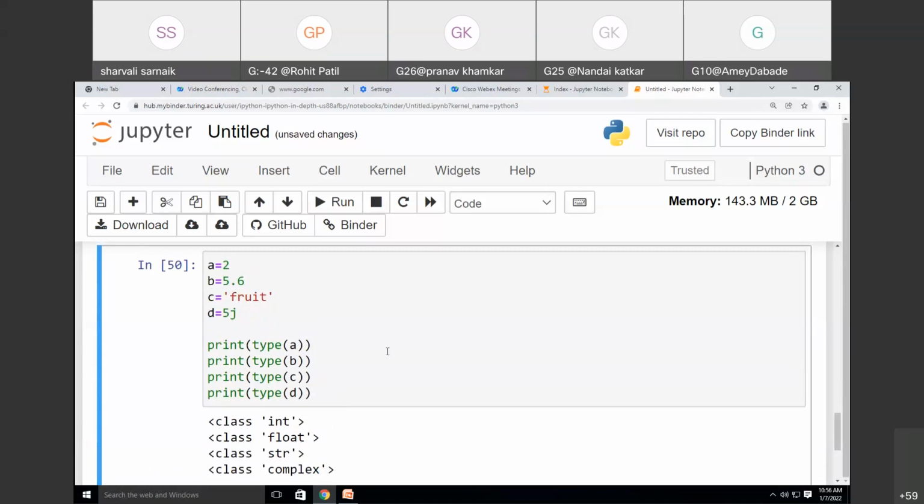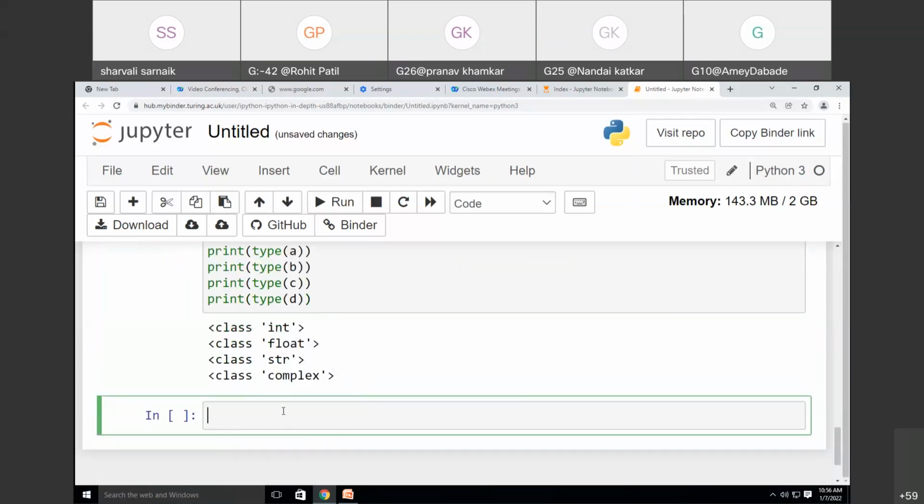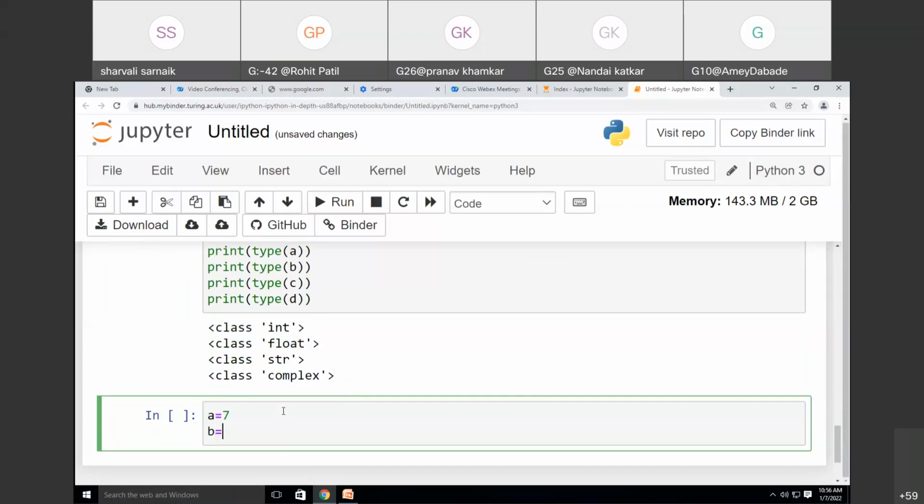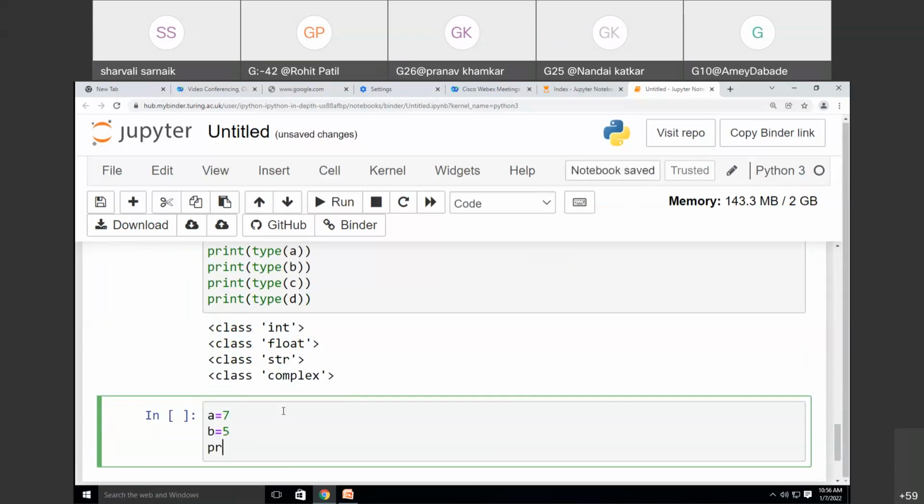I hope you are understanding these concepts. Let's move on to another thing, that is the Boolean value. So a Boolean value gives us only true or false. Let's see how it works. I'm writing a is equal to 7, b is equal to 5. And in the print function, I'm writing a greater than b.